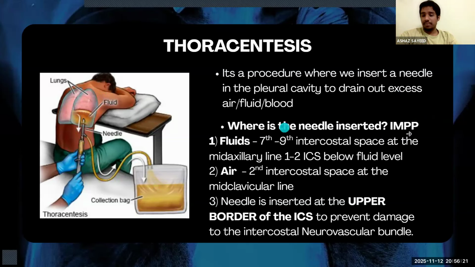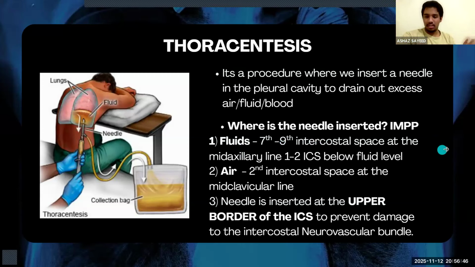Now where is the needle inserted? That's kind of important. For this, just remember basic fluid dynamics. Fluids act with gravity, okay? So if you have excess fluid in the pleural cavity, gravity is going to act on it and it's going to go down. It's always going to be down, okay? So what you do is